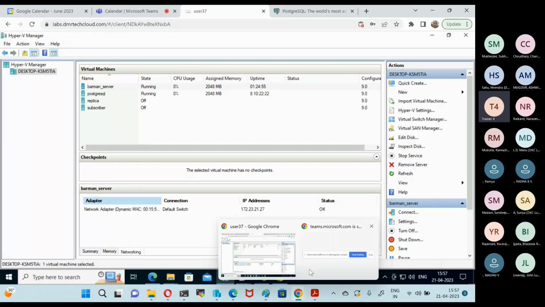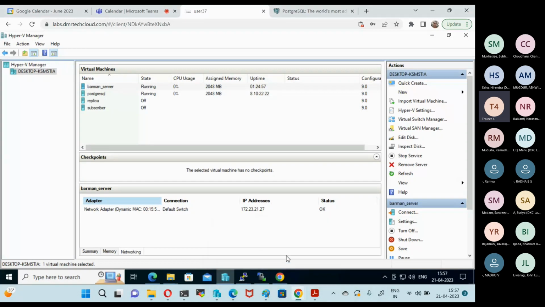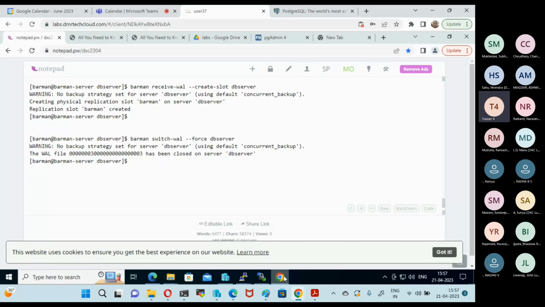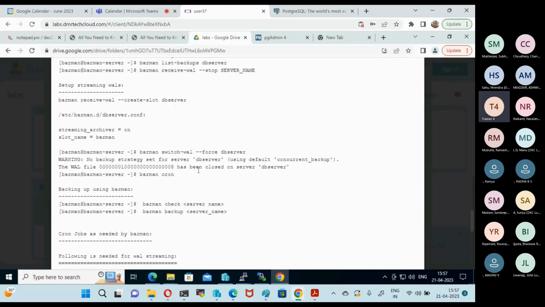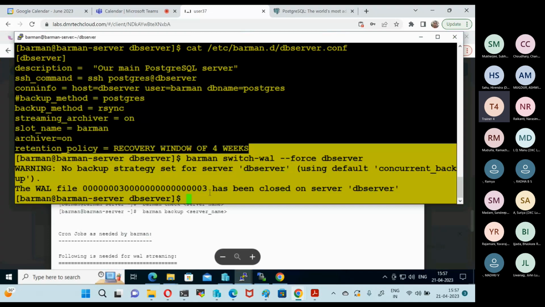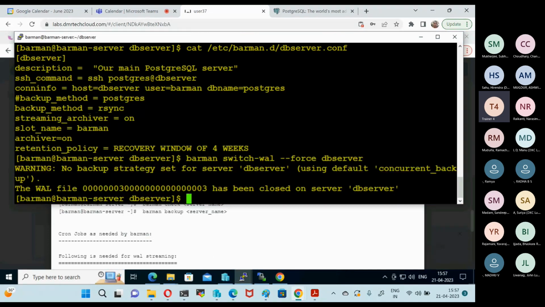Okay. So now we need to tell barman that it needs to continuously receive the WAL. How can it be done? By this simple command, barman cron. Once you run this command, barman will check all the servers. This command is not specific to a Postgres server. It's a common command. So it will check all the Postgres servers which are requesting streaming archiver, and if the slot is set up, everything is set up, it will